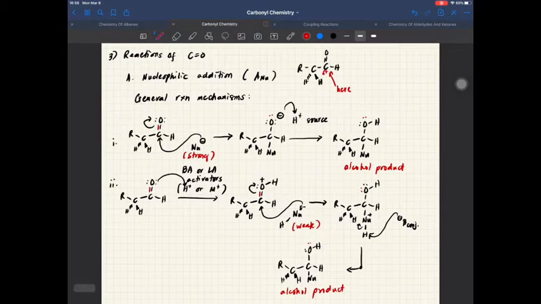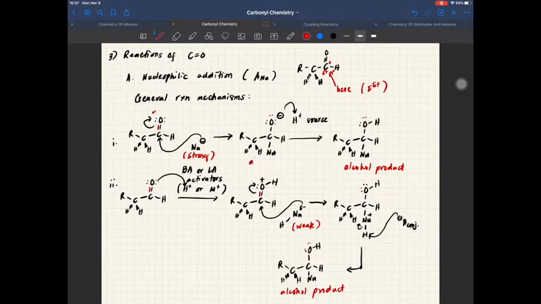Okay, so here are the reactions of carbonyl molecules. Due to the fact that the carbonyl carbon here is an electrophile, a weak electrophile, it means that it can undergo nucleophilic addition. So a nucleophile will react at this position in the carbonyl carbon. There are two types of carbonyl addition. First, a nucleophilic addition to the carbonyl group, as shown in the general mechanism. So we have a carbonyl-containing molecule that is being attacked by a strong nucleophile to form